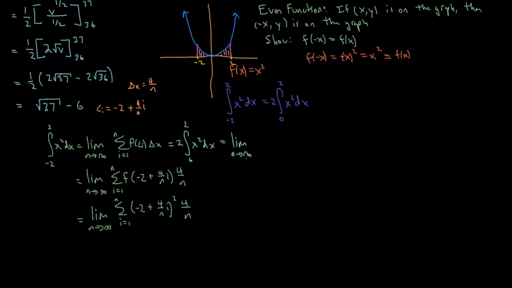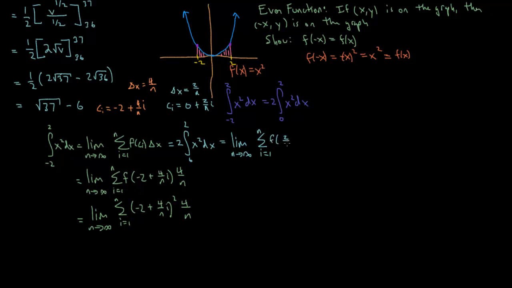Limit as n goes to infinity of the sum i equals 1 to n, but look at delta x and the c sub i now change. Because remember, delta x is the width of the interval divided by n. So what's the width of the interval now? It's 0 to 2, so it's 2 over n. What's c sub i? Well, c sub i is the leftmost endpoint, which is 0, plus 2 over n times i, delta x sub i. So now we have f